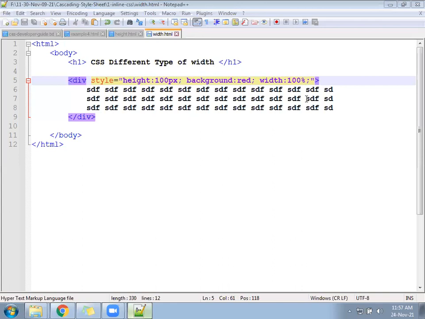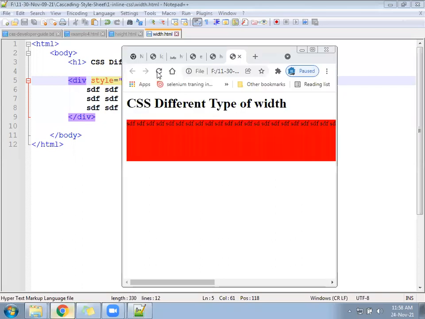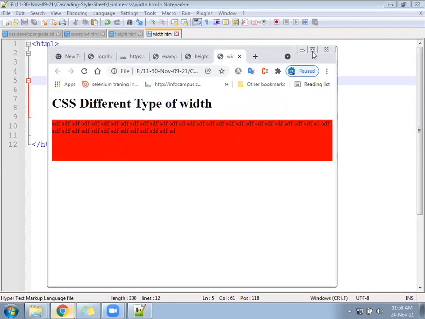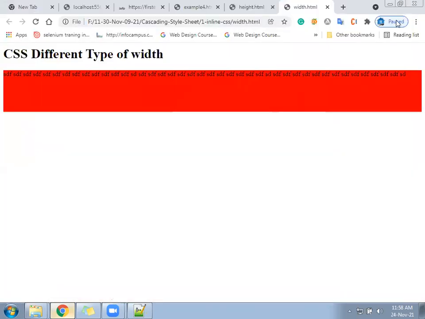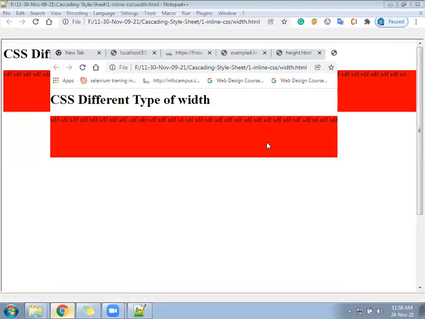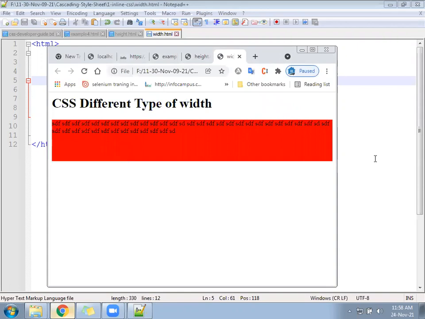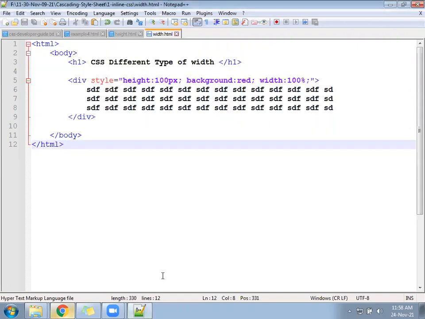Even if I minimize, it stays full width in your screen and in my screen. If you go to a large screen, it is full width, and if you go to a small screen, also full width. Give any percentage, 50, 30, 40, any percentage you can give, and it will cover that.